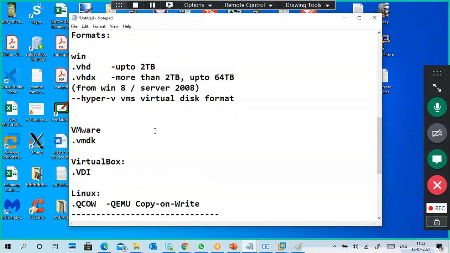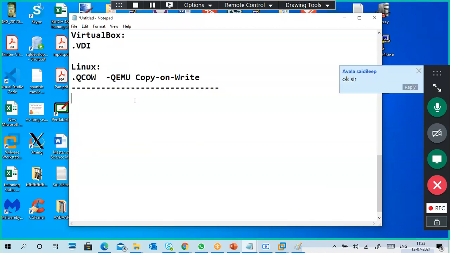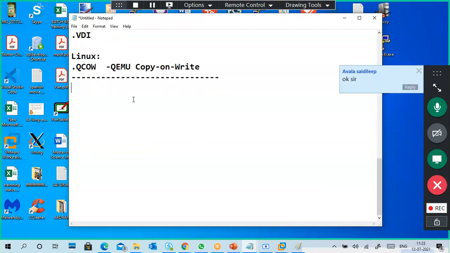Any doubts? Okay. Now these are the formats.